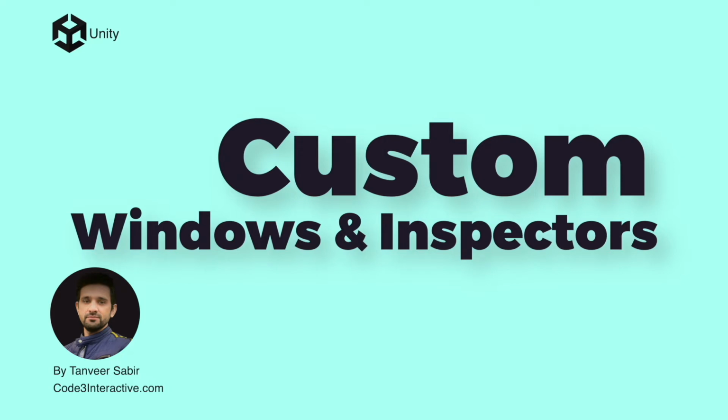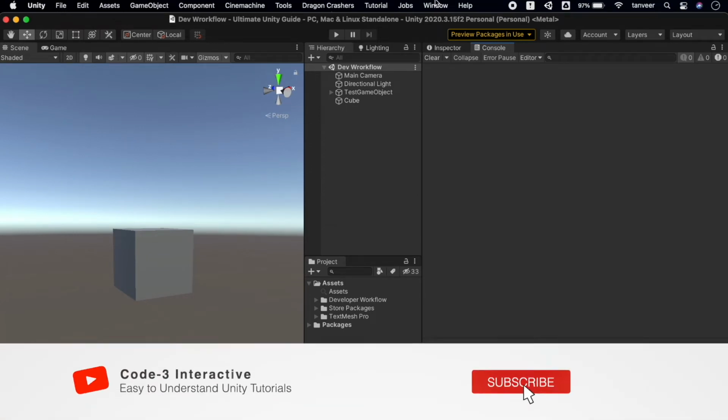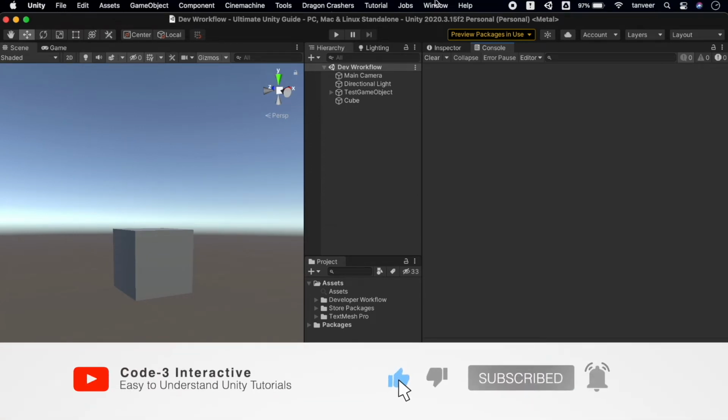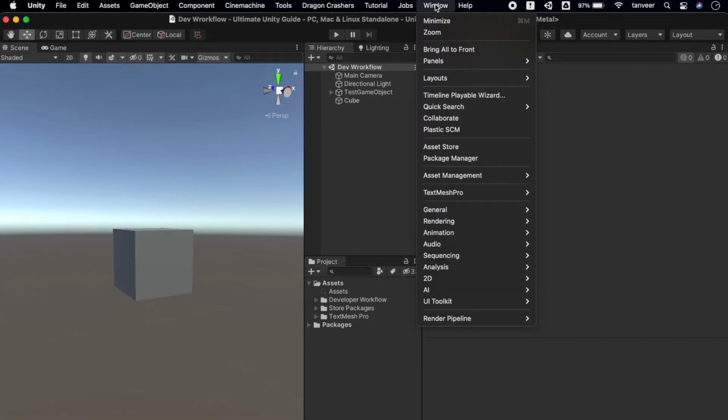In this video, we are looking into custom windows and inspectors. One of Unity's most powerful features is its extensible editor. That means we can extend the Unity editor according to our project needs. You can also use the UI Toolkit package or the IMGUI to create editor UIs such as custom windows